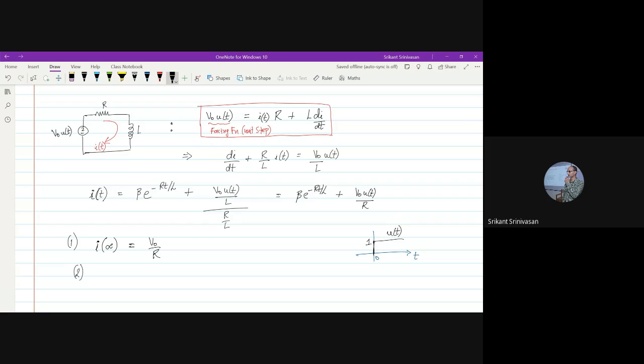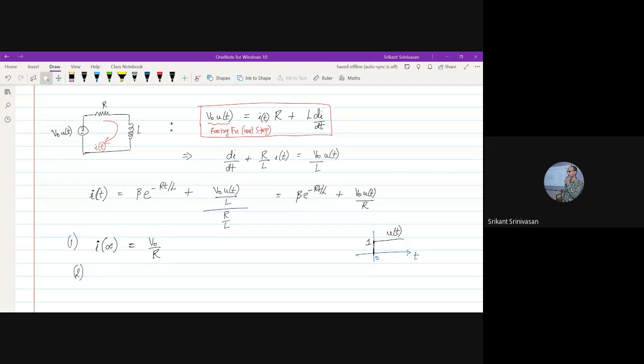The point is that the inductor becomes a short circuit because what you're applying is a DC supply. And we know that when you're applying a DC supply, then the inductor behaves as a short circuit. So initially, when I want to check the transient response, that means what is happening just at t greater than 0, there the inductor is not a short circuit because the inductor is getting charged. But once the inductor is charged, at infinity it becomes a short circuit. Therefore, the entire voltage will drop across the resistor. Therefore, the current flowing in the circuit is V naught by R.